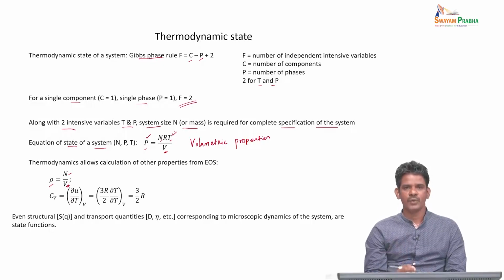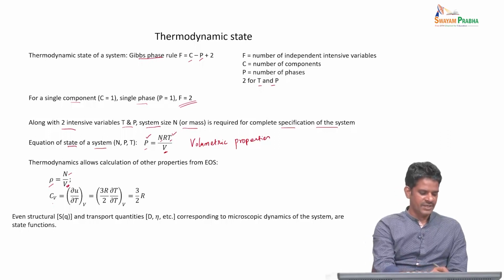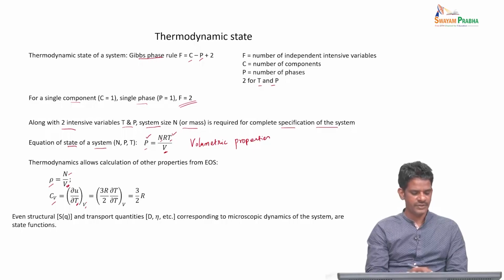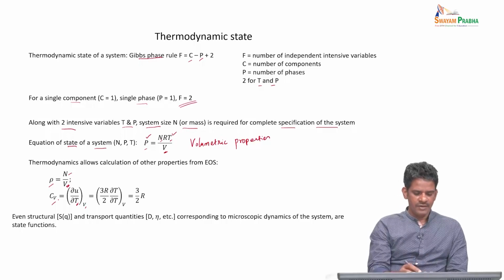And let's say you want to find out the heat capacity at constant volume. The definition of heat capacity is the amount of heat required to raise the temperature at constant volume. So it's ∂U/∂T. This is a partial derivative in which the volume is kept constant, the number of moles is kept constant, and you're only changing the temperature, and that's the definition of C_V. Now for a monatomic ideal gas, U is given as 3/2 RT.